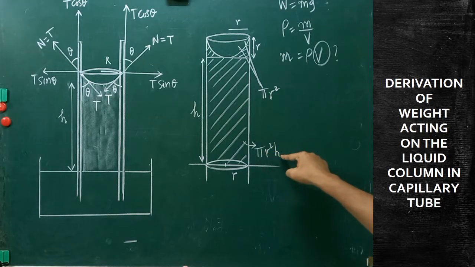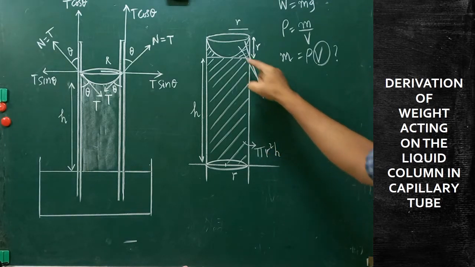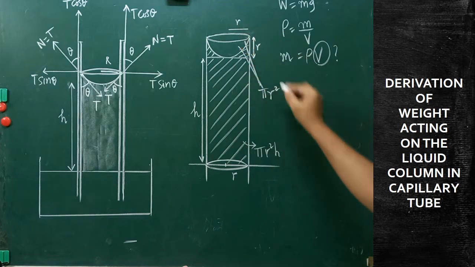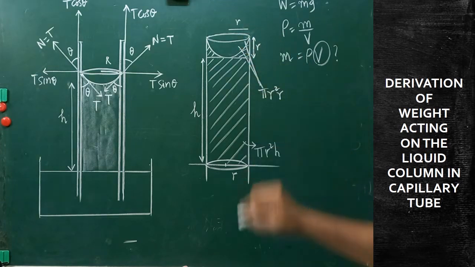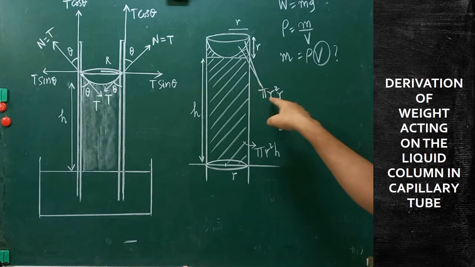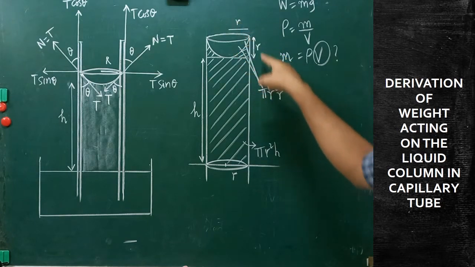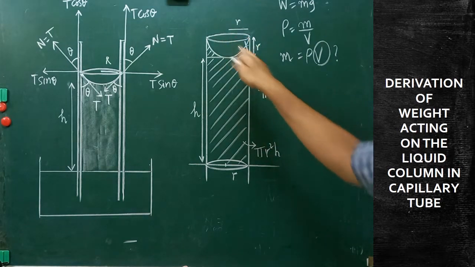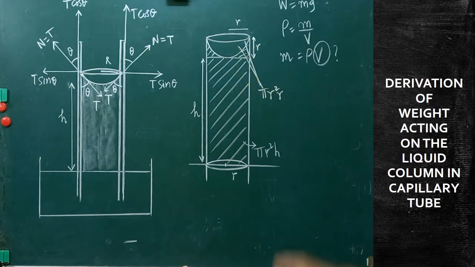Here pi R square H is written like this. Here also, to calculate this cylindrical part, we can write it as pi R square R. Are you clear? Pi R square means pi, this R square, and the height can be taken as R. On the whole, the volume of this cylindrical portion is pi R square R.